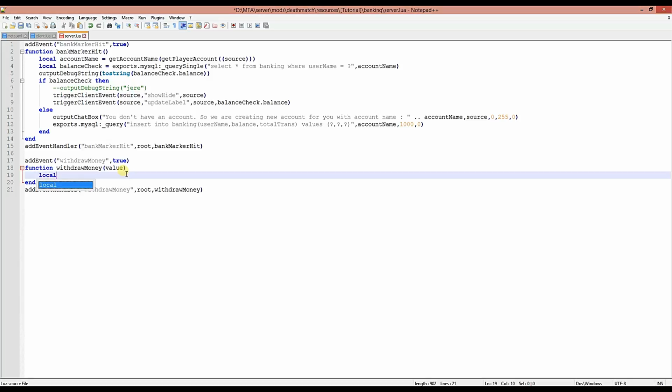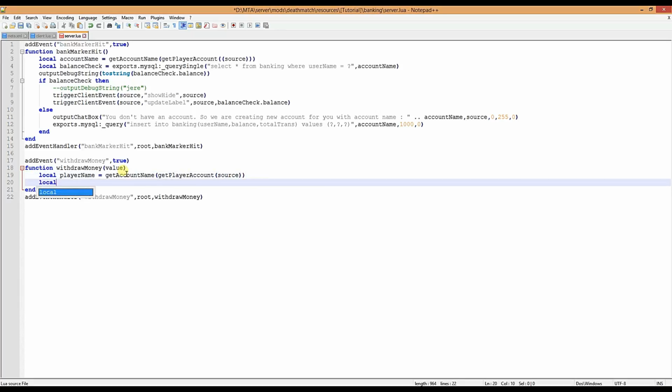Now let's first get player name, which is equal to get account name, get player account source, and check for balance